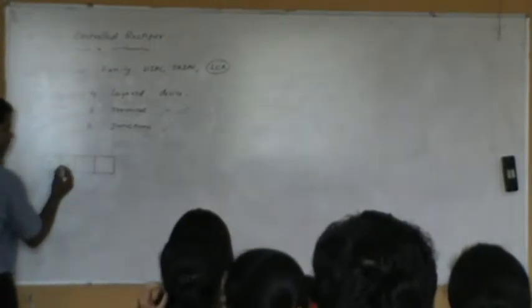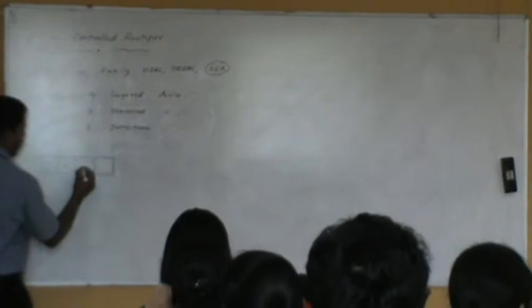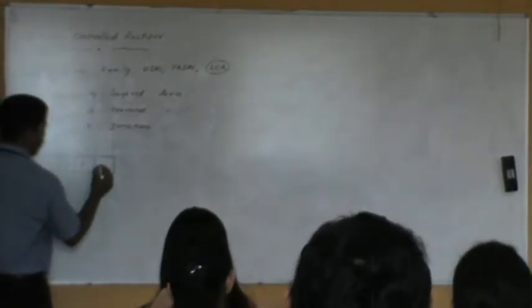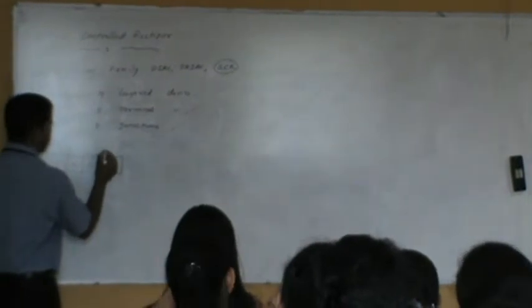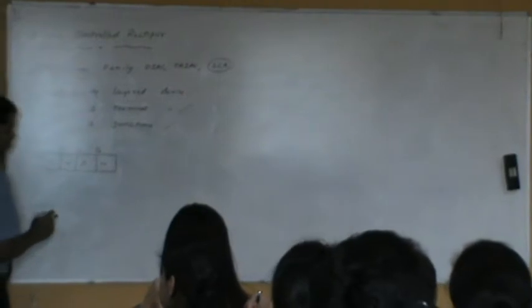One is P, then N. Between P and N, we have a junction which you can call J1, and between N and P, the junction let me call J2. Between P and N, let me call junction J3. So these are the 4 different layers. We don't have any common adjacent layers here, NN or PP, such type of layers.